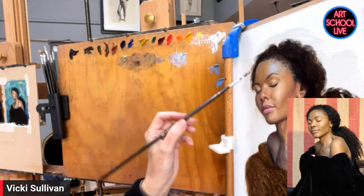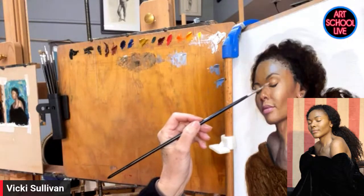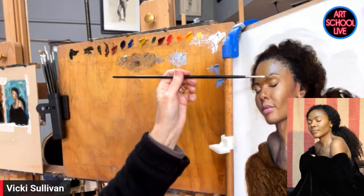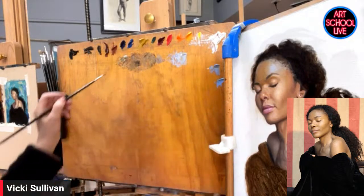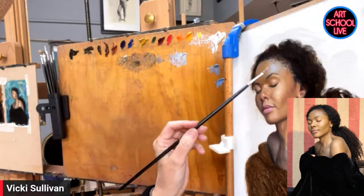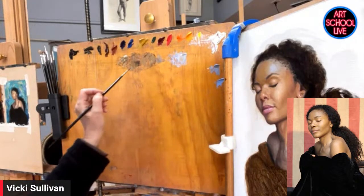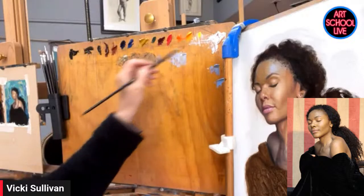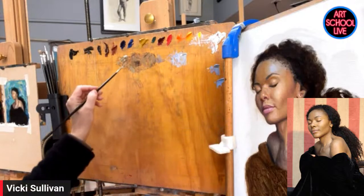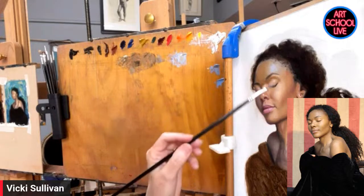It's coming underneath the eye socket area, and I'm going to put that in with a bit lighter as I come around away from the shadow. It gets a bit lighter again. Go back into my white and lighten that up a bit. It's just a delicate balance between light and dark, cool and warm,